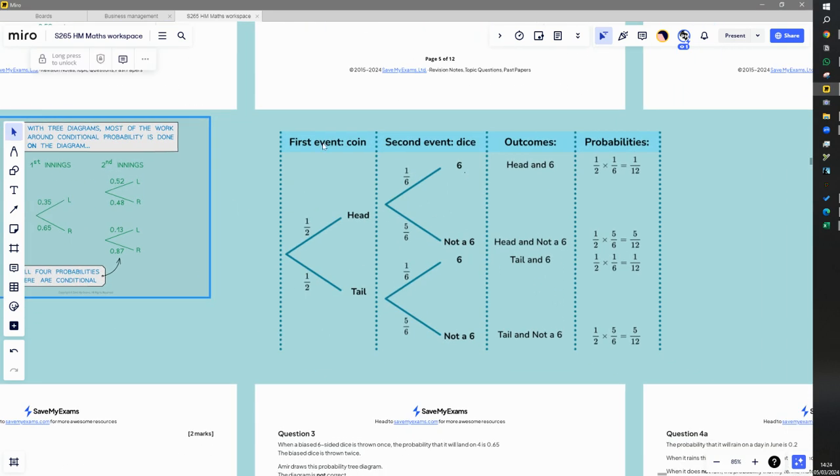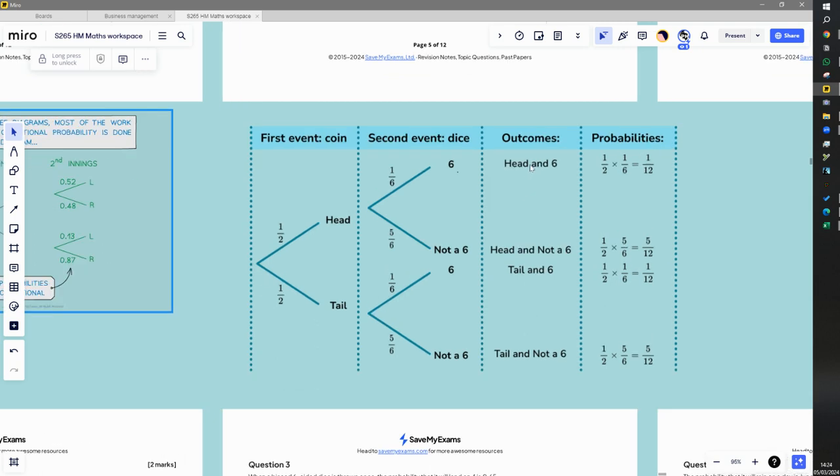We've got the first thing happening, which is flipping a coin, and the second thing, which is rolling a dice. So the probability of being a head is 1/2. The probability of being a tail is 1/2. And then the probability of it being a 6 when you roll a dice is 1/6, and not 6 is 5/6. So what we can do is say, what's the probability of getting a head and then rolling a 6? Well, we